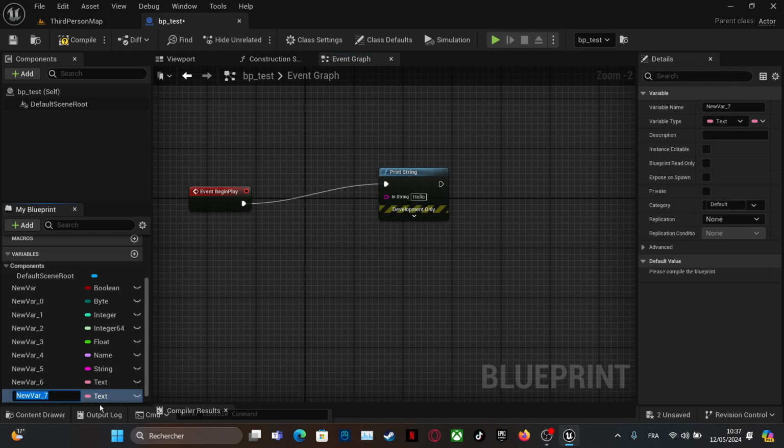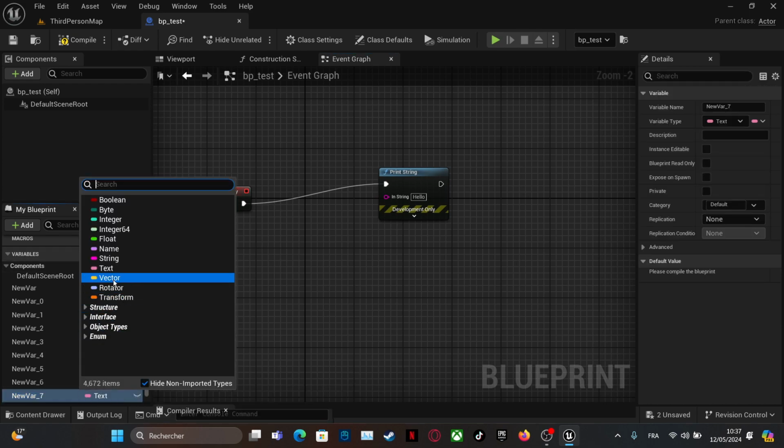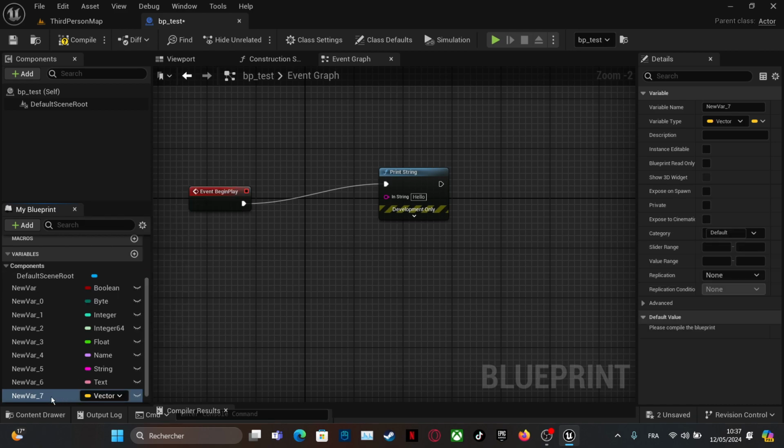Another type of variable is vector. A vector contains three variables that are floats. We use vectors in many cases, but in simple cases it's used for location, rotation, and scale.